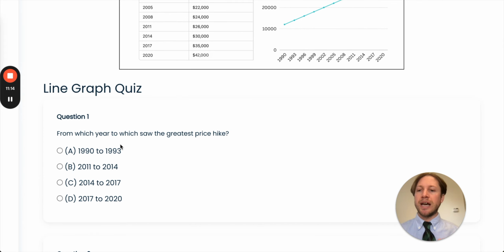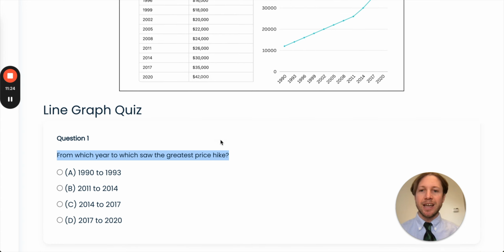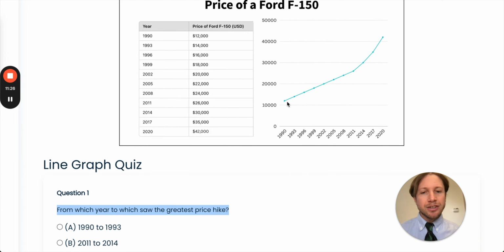All right, so line graph, let's read the first question. From which year to which saw the greatest price hike? What I want to do is step back and look at it from the bird's eye view. It looks like from 1990 to 2011, there was a steady increase. So there wasn't a major price hike,